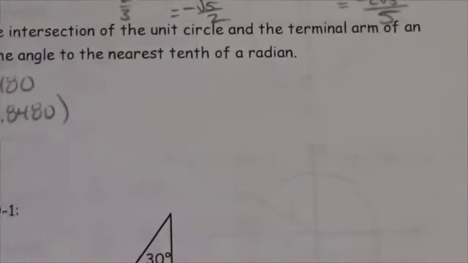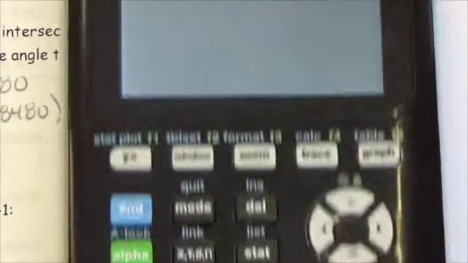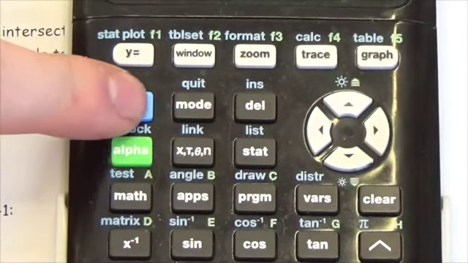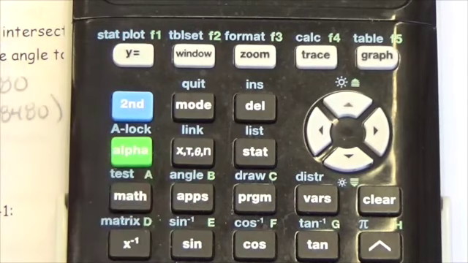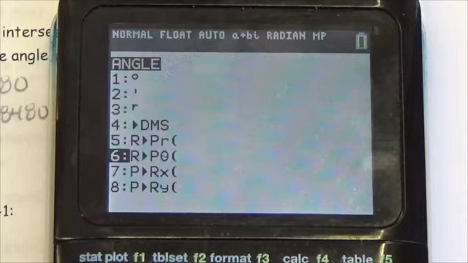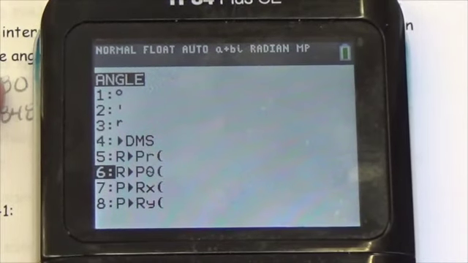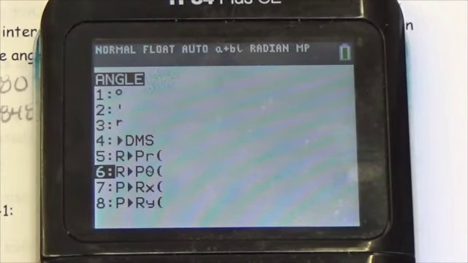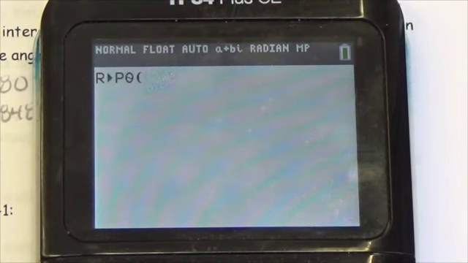Now I want to show you another way of doing this. Take out your calculator, and we've done this before, I want you to go into your angle menu, so second apps, and go down to this right here. You don't really need to know what the R or the P stand for here, but it stands for rectilinear coordinates to polar coordinates. Or sorry, from polar coordinates. I said that backwards, but anyway,